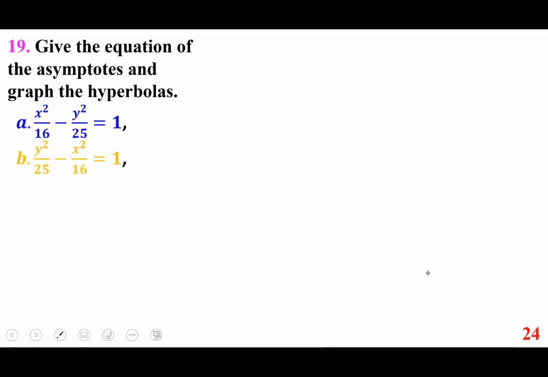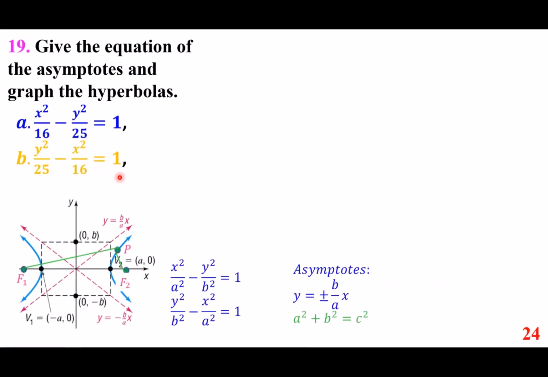Give the equation of the asymptotes and graph the hyperbolas. A, x squared over 16 minus y squared over 25 is 1. B, y squared over 25 minus x squared over 16 is 1. Now, first and foremost, let's quickly go over the concept of a hyperbola, which looks like that. The equations are x squared over a squared minus y squared over b squared equals 1. If you are looking at the blue one, y squared over b squared minus x squared over a squared equals 1. If I graph it like so,